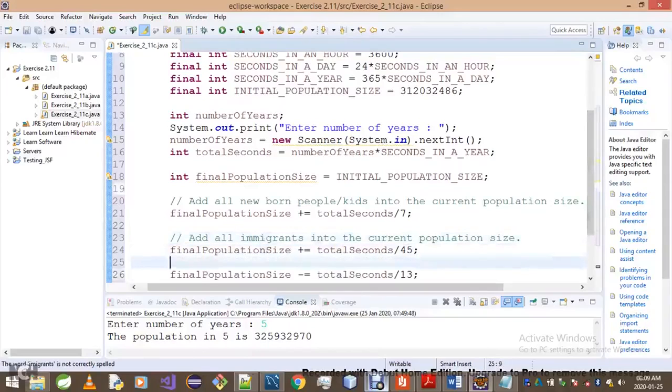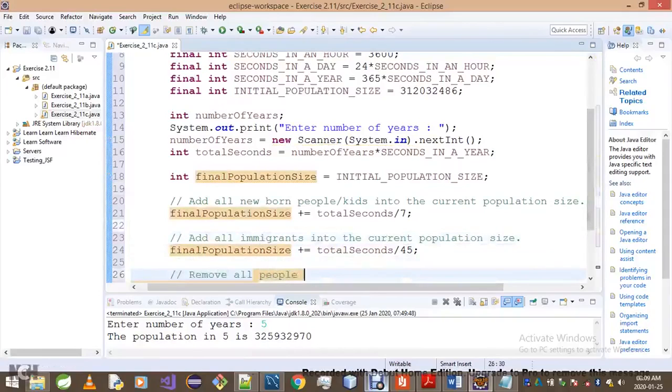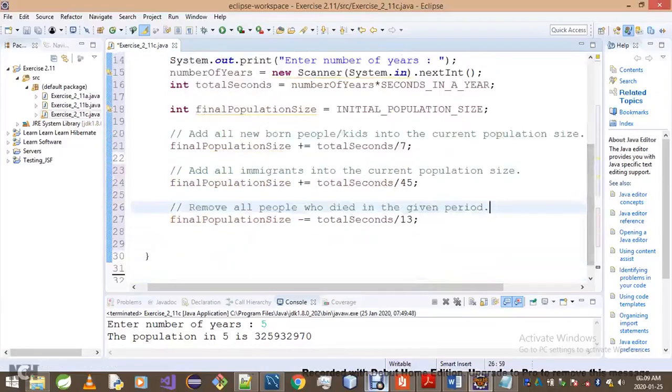And then lastly, you've got to remove all people who died in the given period. Okay, now that we've got that, what we then do is we simply go